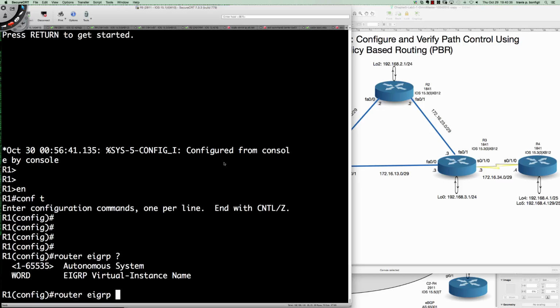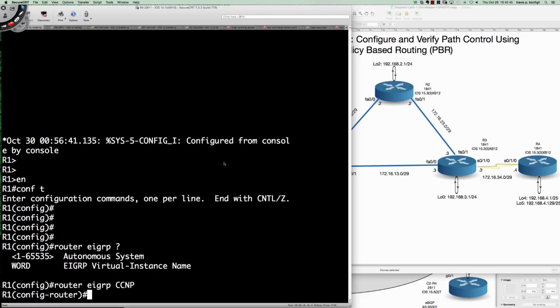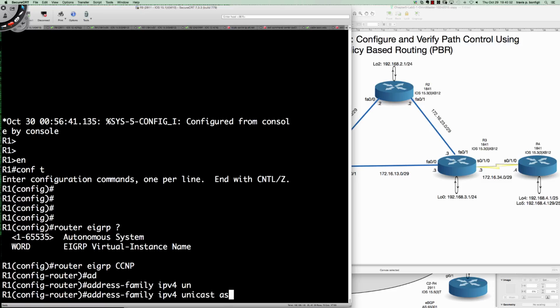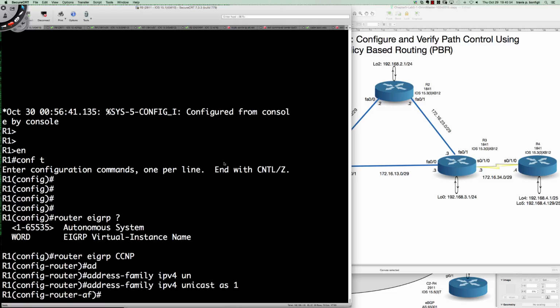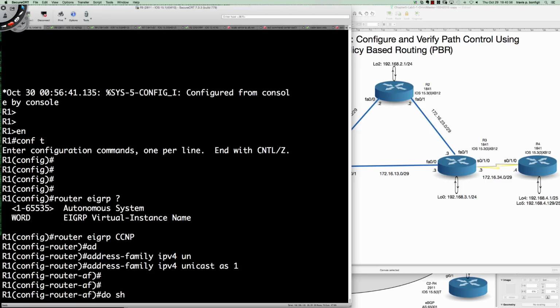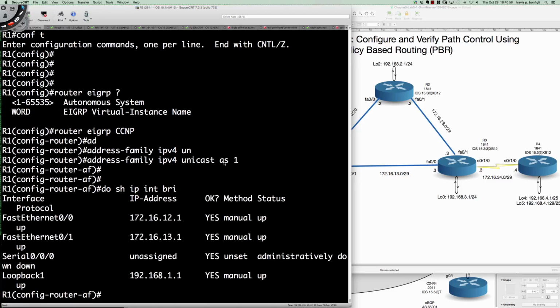Let's go ahead and use named mode here. So we'll say CCNP, because that's what you guys are going to be at some point after we finish this course and you pass your exams. So router EIGRP CCNP, and we're going to say address family IPv4 unicast autonomous system 1. Now if I say do show IP interface brief, you can see we've got two 172 addresses and we have a